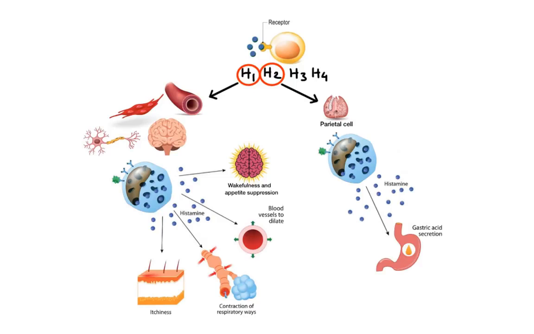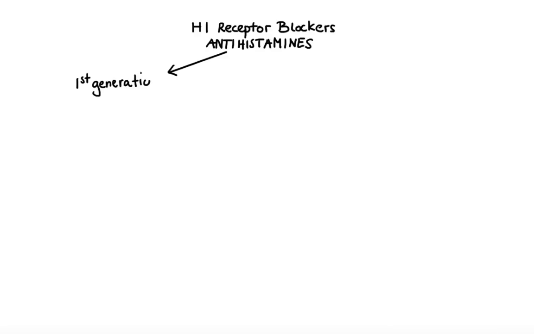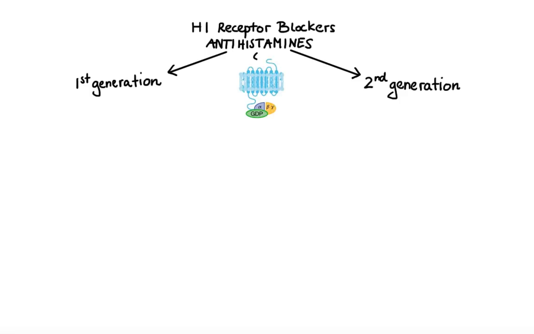Now let's switch gears and let's talk about drugs that block the action of histamine, starting with H1 receptor blockers, classically referred to as antihistamines. So the H1 receptor blockers can be divided into the older or first generation agents and the newer or second generation agents. These agents act as inverse agonists, meaning they bind to H1 receptor on a target tissue and stabilize its inactive conformation. This leads to inhibition of histaminic actions and gradual relief of allergy-related symptoms such as inflammation, itching,